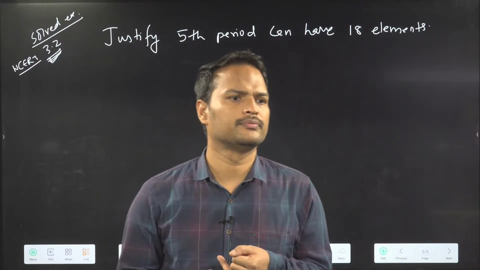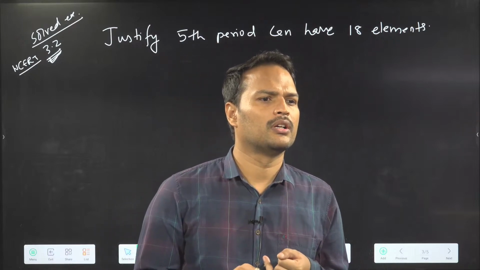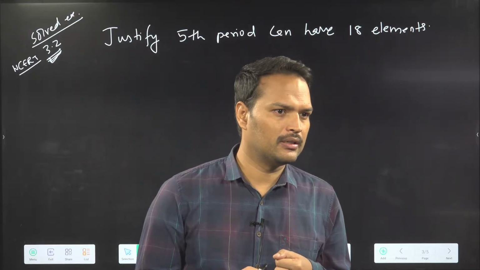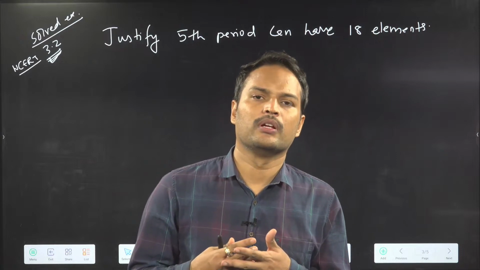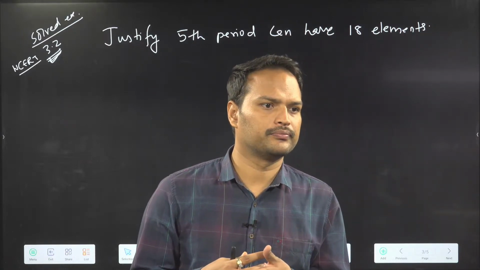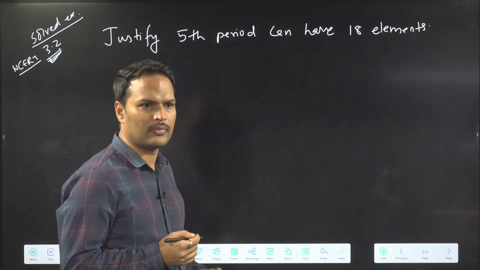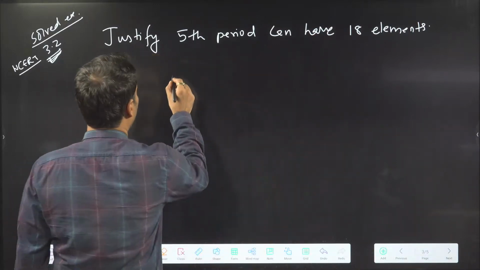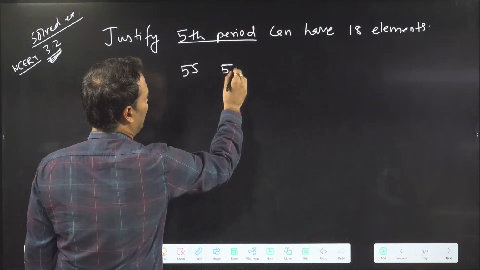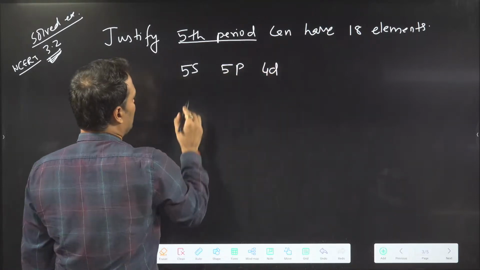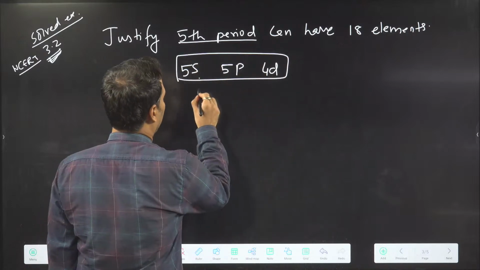And what is written? 5s, 4d and which orbital they have written? 5p is written. ठीक है ना, कि these orbitals are occupied, these orbitals means 9 orbitals are there, 9 orbitals means 18. So now I will tell you how we can do this. In the solution I think they have directly written कि fifth period is there, so it will start from 5s and 5p is also there and 4d is also there.